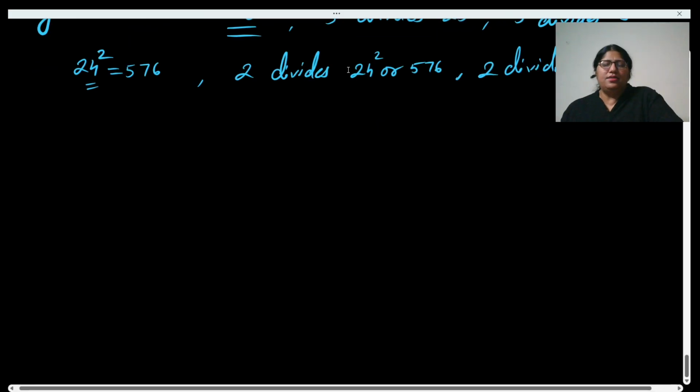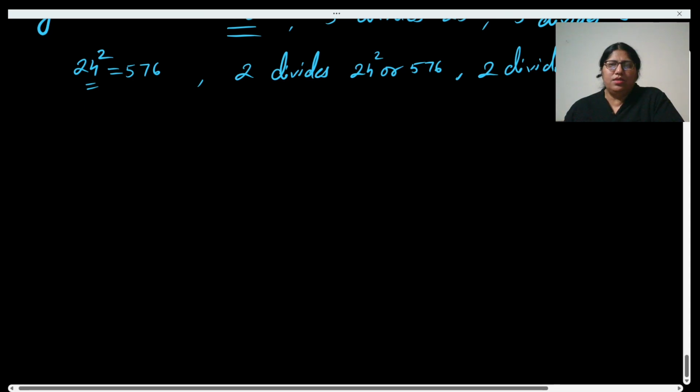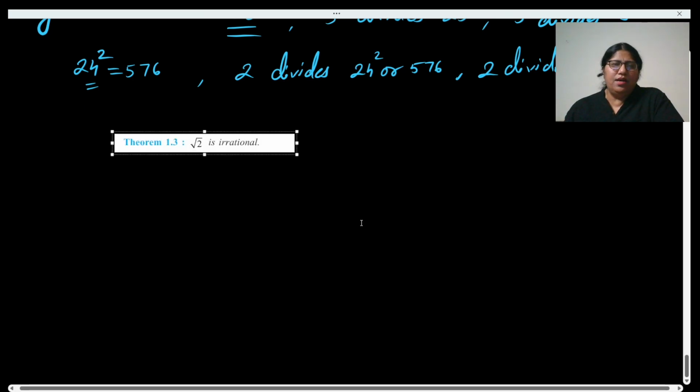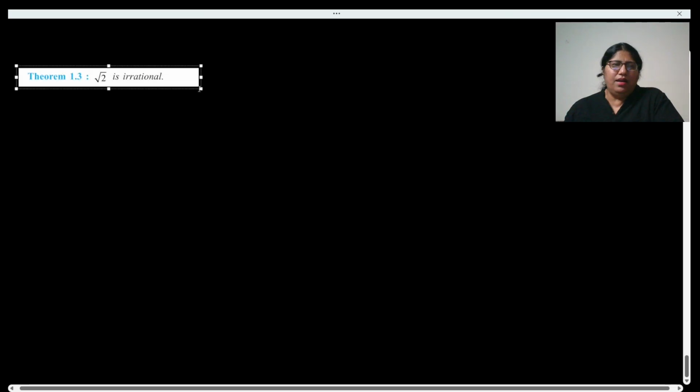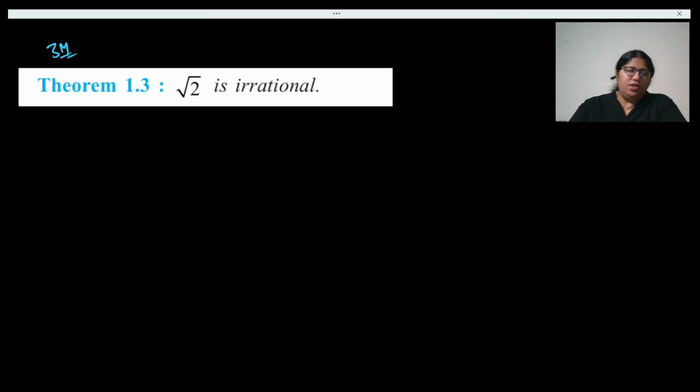Let us take another theorem, and the proof will also come here. Prove that root 2 is an irrational number. We always take root 2 as an irrational number, but how do we prove this theorem? Because the proving part comes in the exam as a 3 marker. Any kind of irrationality proof mostly comes as a 3 marker question. So there will be one 2 marker question from this chapter, one 3 marker question, and other than that, one MCQ, mostly based on prime factorization or the relationship between HCF and LCM.